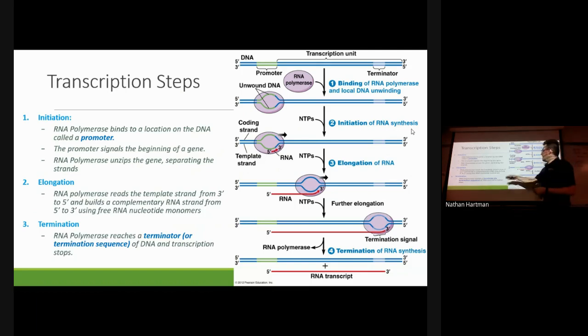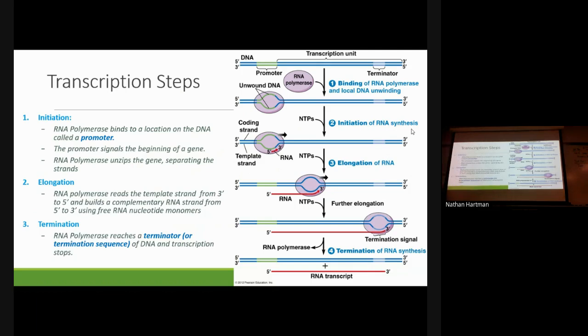Then we have elongation. This is where our RNA polymerase enzyme is going to move and it's going to read the template strand from 3' to 5' and build mRNA from 5' to 3', right? Because we're always doing that anti-parallel stuff. And it's going to do that using free-floating RNA nucleotides that are in the nucleus, just chaining together those monomers